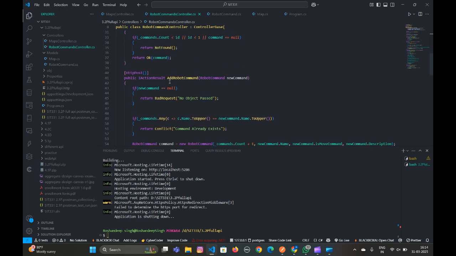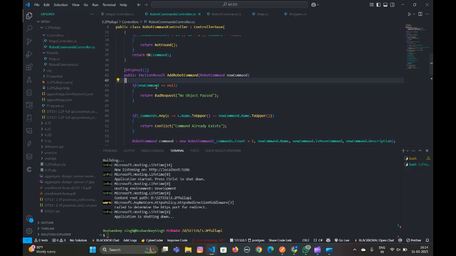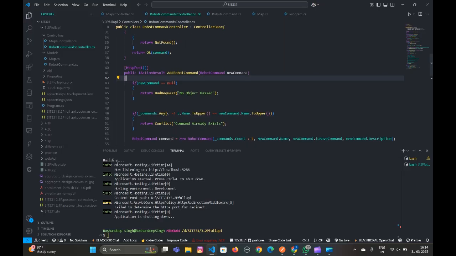Now here is the post. It is the HTTP post for this. It will add another robot command into the list. If the robot command is null, it doesn't matter. If the new command does not match any of them or it is null, then it will show that no object